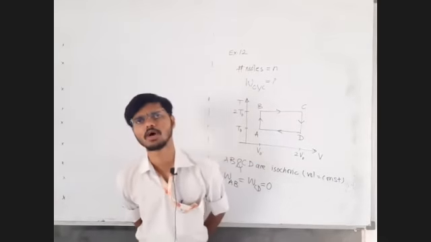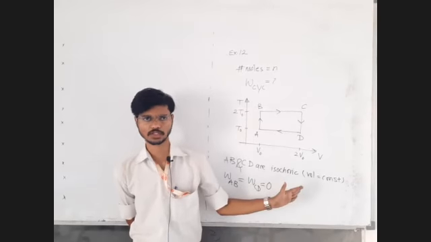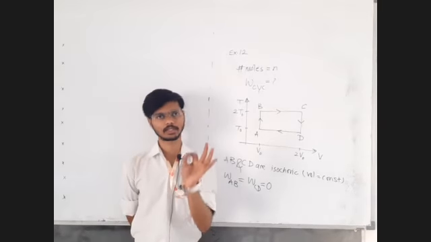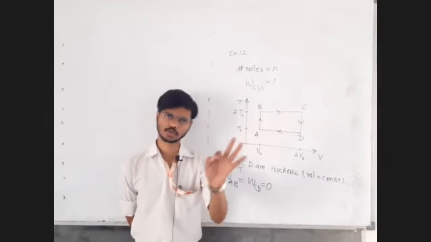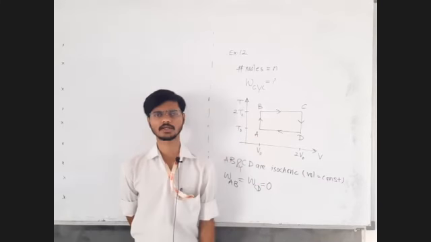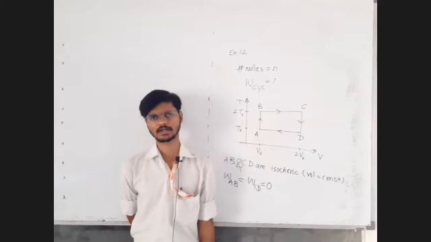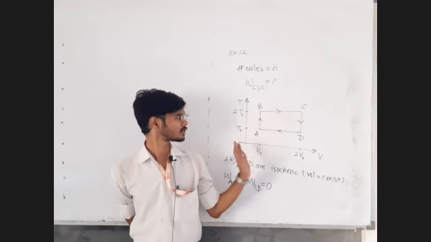First task is to find out the isovolumic or isochoric processes. Write down their work done. Second task is to find out isothermal processes. Write down their work done. Third task is to find out isobaric processes. Write down their work done. Fourth task is to find out adiabatic processes and write down their work done. This is how the method is basically designed.